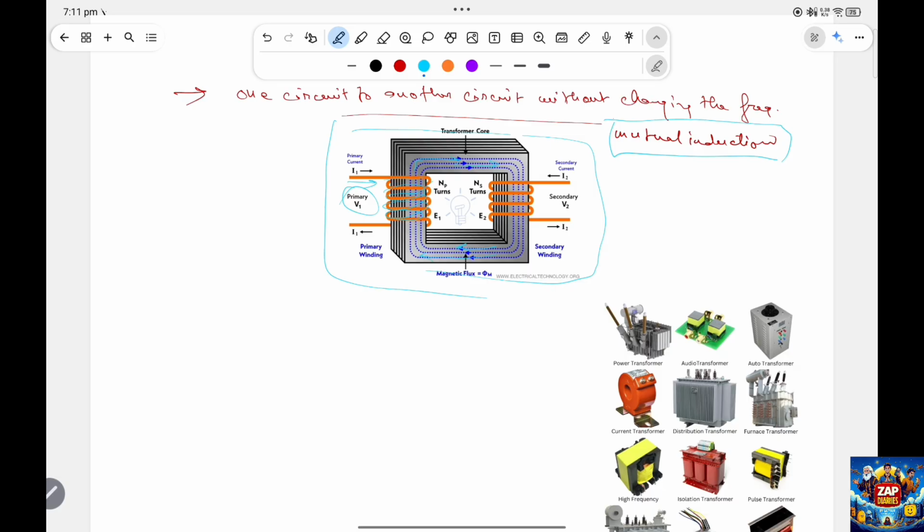This is the transformer core, and this alternating voltage magnetizes it and produces an alternating magnetic flux in the transformer core. This magnetic flux links both the primary winding and the secondary winding via electromagnetic induction,